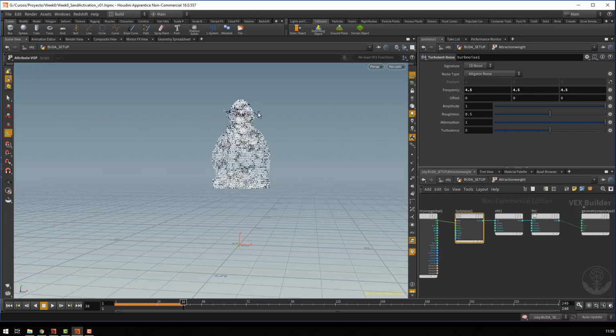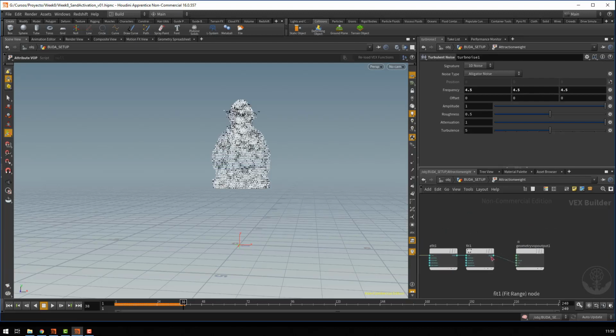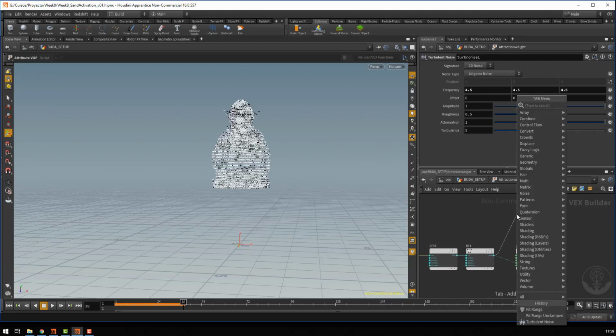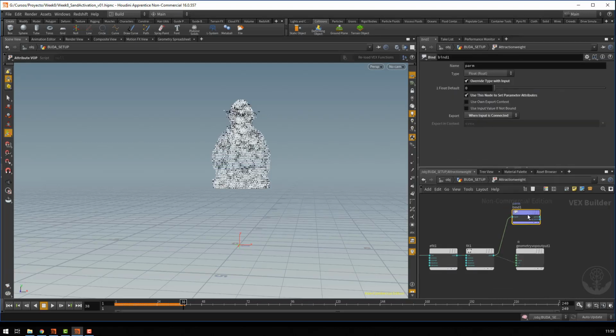Okay, so remember the black dots will be like free, non-attached particles, and the others will be just larger pieces. Okay, so what we do next is to do a bind export,